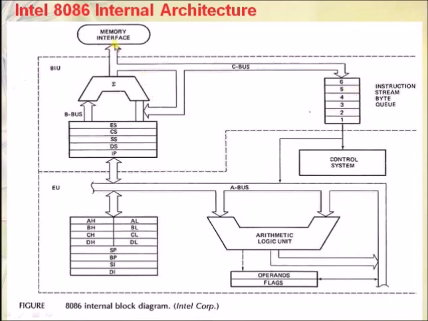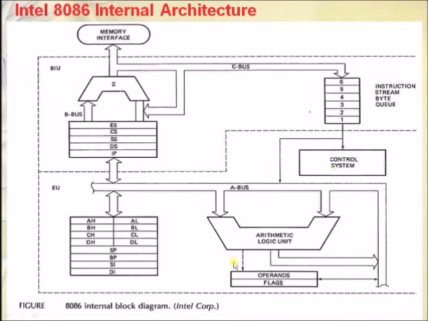Okay, so this is how it is going to carry out all the transactions with this particular memory device. Now coming to the execution unit, it takes the previously fetched instructions from the instruction byte queue, and those instructions are decoded into the understandable language of the processor, that is in hexadecimal or binary format. After the decoding operation, the control system would be generating some signals.